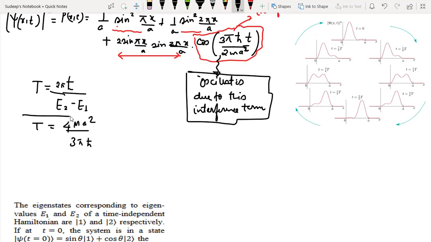I would urge you to go back and see this particular question, or this particular topic, which I've already covered. I'm just referring to it right now: this particular spatial term is multiplied with this oscillating term. So this term oscillates with a particular frequency, and it gives a time dependence to the probability amplitude. You can clearly see that at time t equal to 0, at the initial time, the probability of finding the particle on the left half of the box